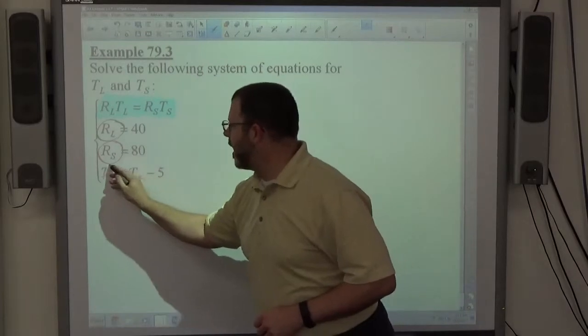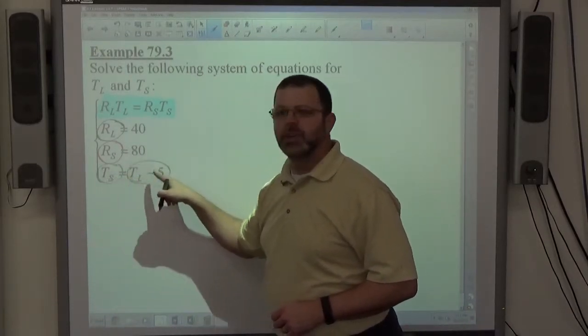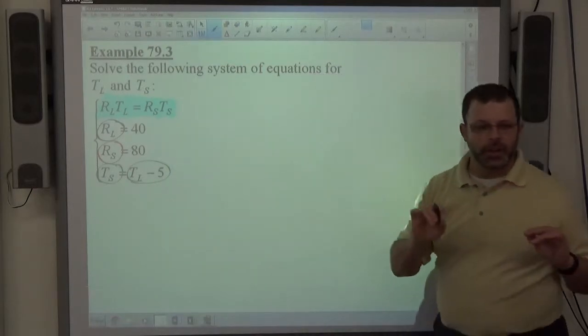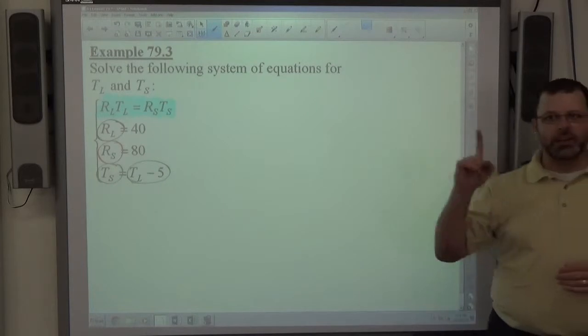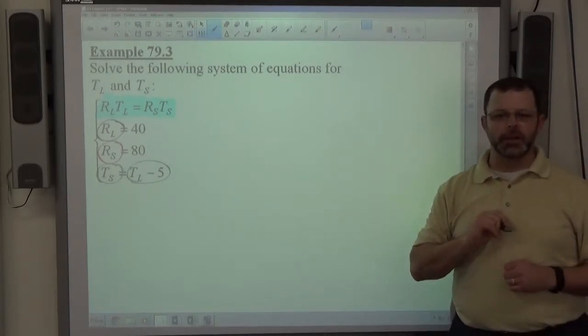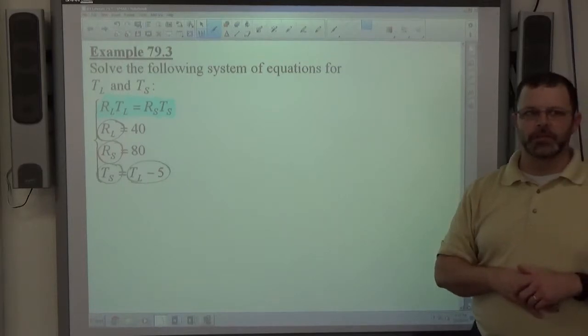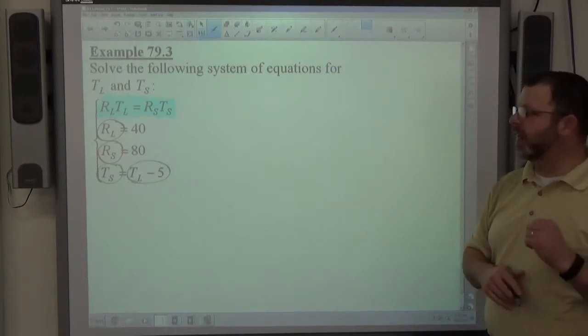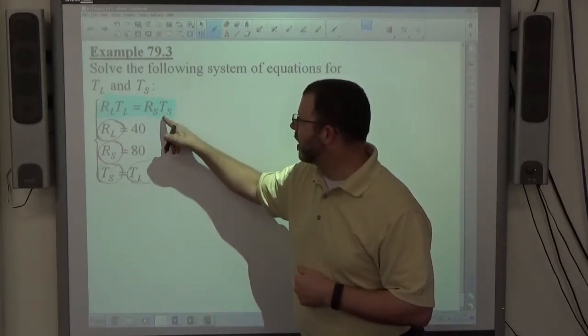And then t sub S is equal to t sub L minus 5. So this one thing is equal to these two things. So good substitution policy is when you change one thing into multiple things, what do we need to do? If I change one thing into multiple things, parentheses have to be used. So when I'm substituting t sub S with more than one thing, I'm going to have to put parentheses in